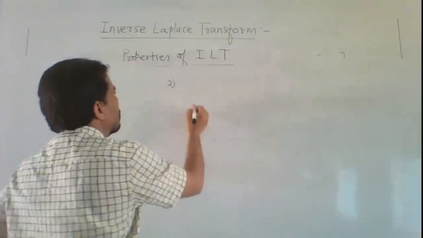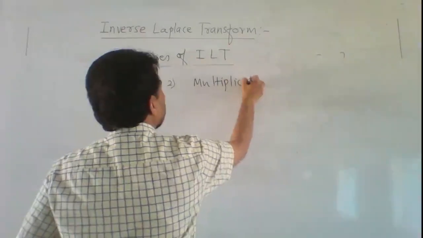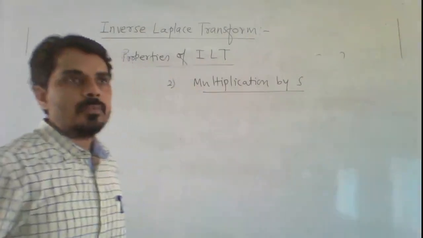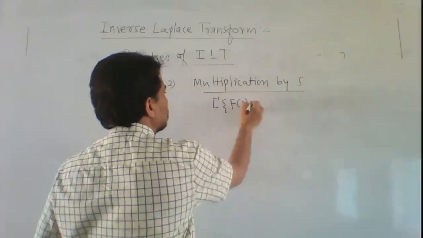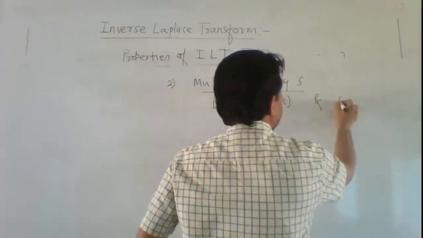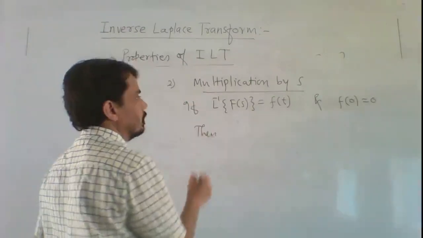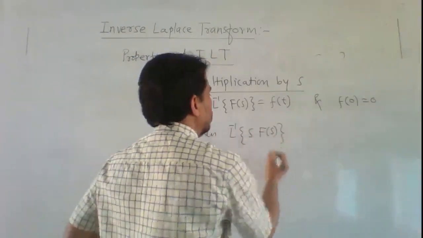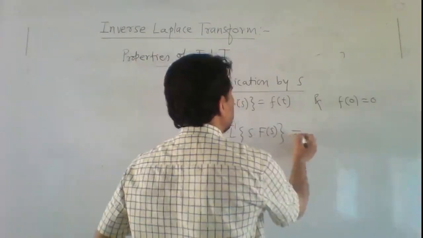Second is multiplication by s. This is the multiplication by s property. If the inverse Laplace transform of f of s is equal to f of t and f of 0 is 0, then the inverse Laplace transform of s into f of s. Here there is the multiplication of s with the function f of s, then it is equal to